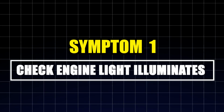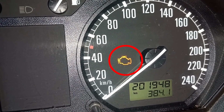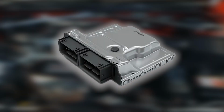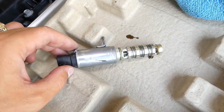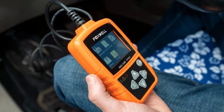Symptom 1, check engine light illuminates. The check engine light is your first alert that something's not right. If your VVT solenoid fails or clogs, the ECU detects abnormal camshaft timing and throws a code. It won't tell you directly that it's the solenoid, but it will point you in the direction of valve timing issues. Common error codes include